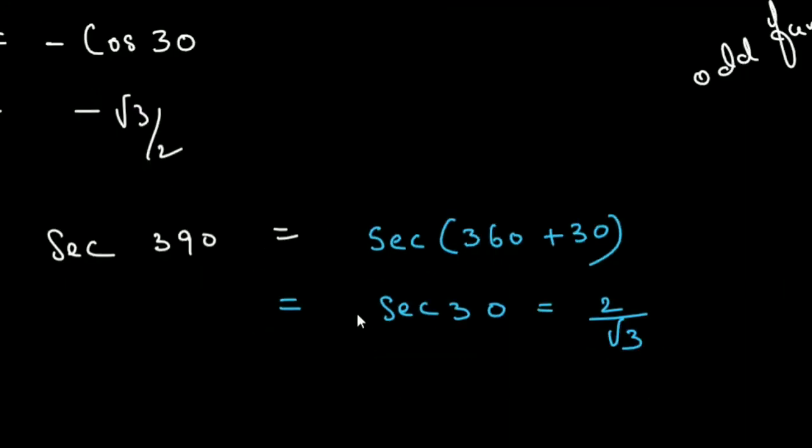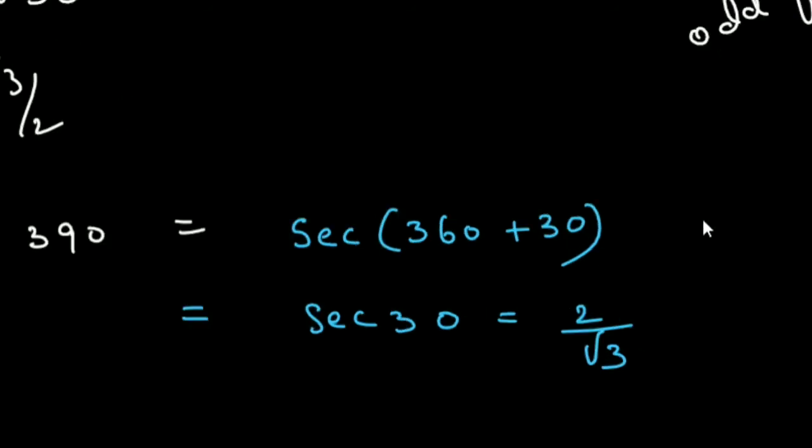What is the sign? First quadrant, A. A stands for all ratios. So all ratios are positive. So it is plus. This is the first quadrant, so all ratios are positive. So plus. Fourth one, tan